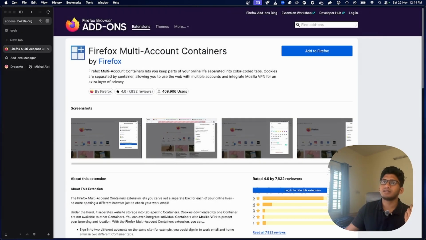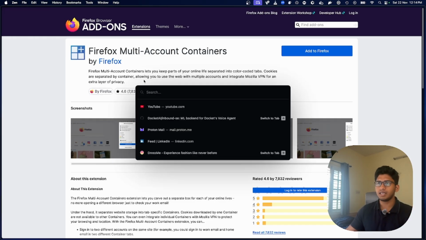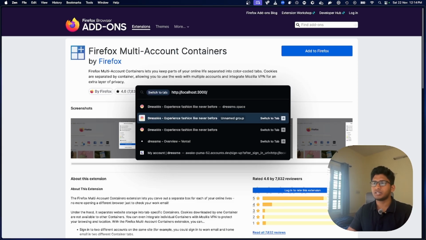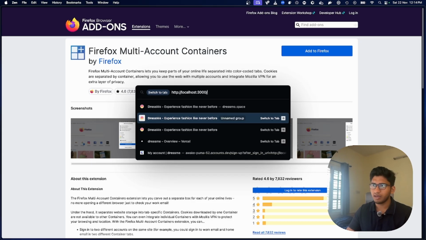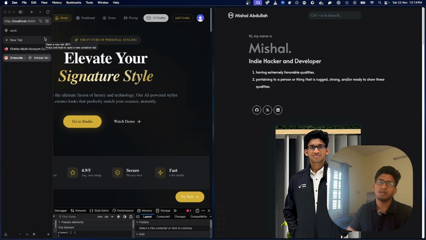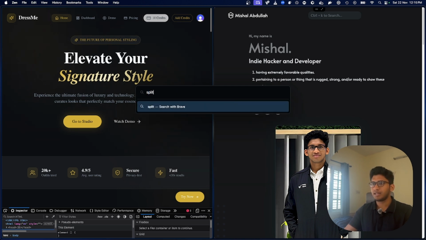It's basically based on Firefox. It's a really good version of Firefox which I really like. This is also awesome: if you press Control T or Command T and type, and you already have an existing tab open, you can just switch to that tab. If the same website is open in multiple groups, clicking will open the new instance which I created. I can also go, let's say, split. If I search for split, I can actually